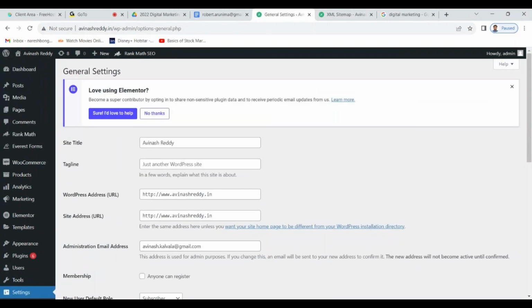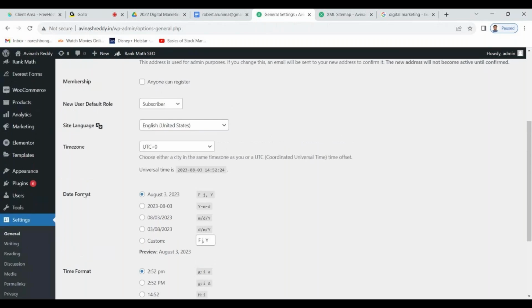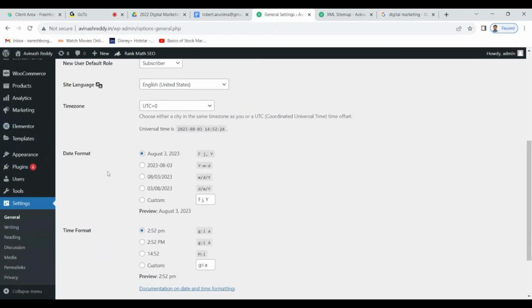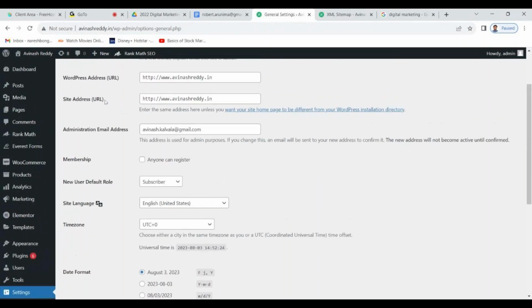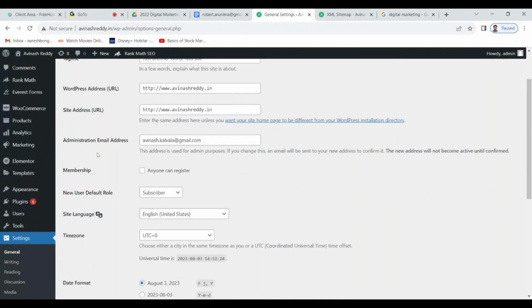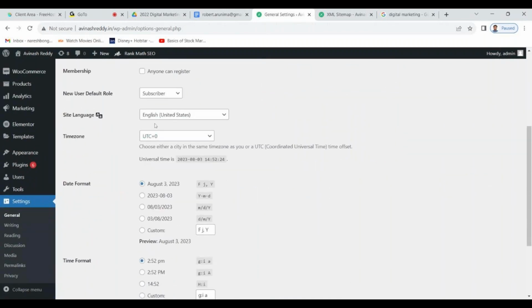In settings, we do the SEO optimization part also for some of the details. Okay. Under the settings, we do have different things. Like general. In general, we have these. We don't touch these website URLs, site title, tagline. We don't touch these things, membership and all. But when we come to here, time zone. Like if you want to show the United States time zone or different time zones, we can select this here